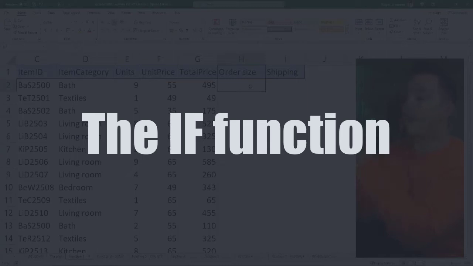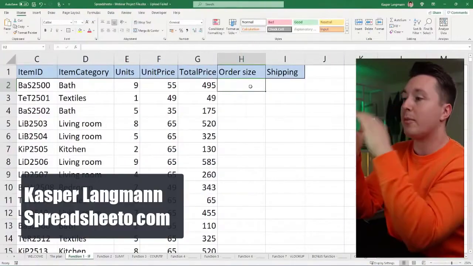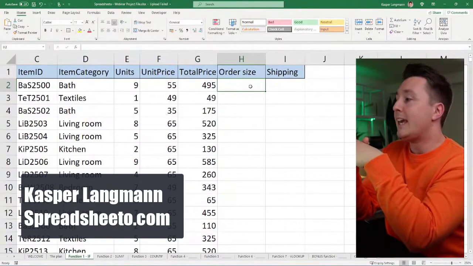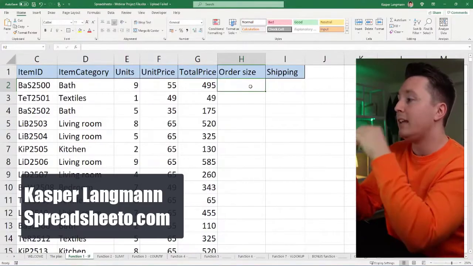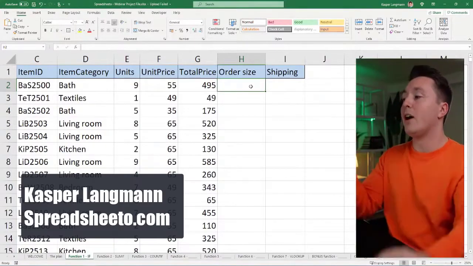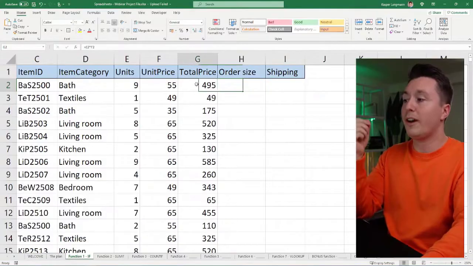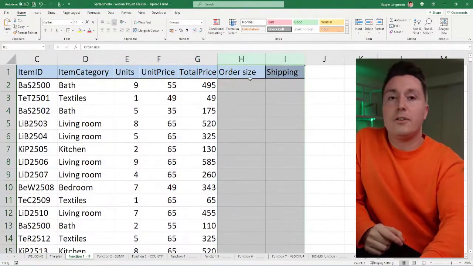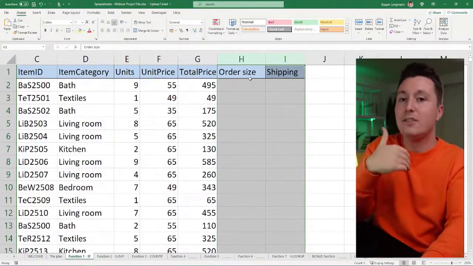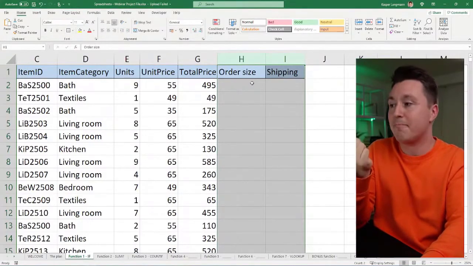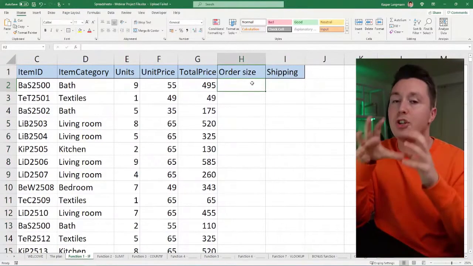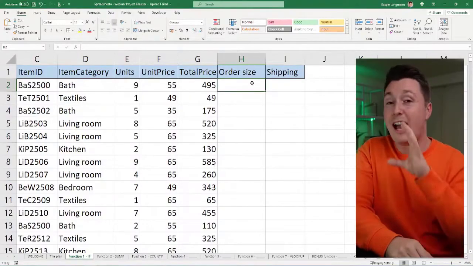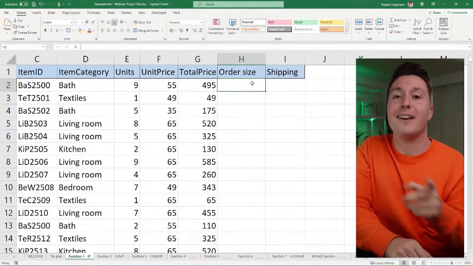What I have here is a data set, obviously. It's a data set with some sales orders, and these orders have some item IDs, item categories, amount of units for the order sold, unit price, total price. And then there are two columns here that are empty, and I need to fill those with data. And in order to showcase the IF function, I'm going to use it here, and then I'm going to explain